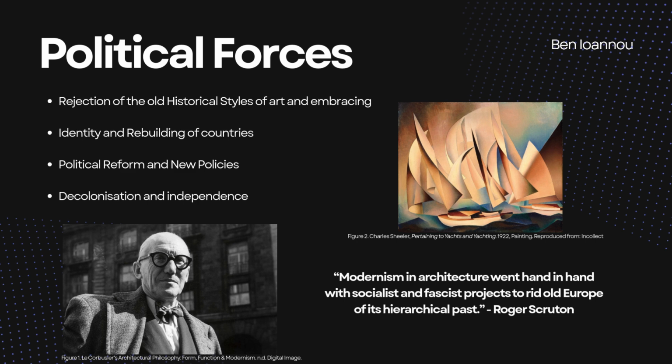Politics was one of the catalysts of shaping the modernism movement, not only in terms of art and architecture, but also as a worldwide movement. As modernism emerged in the late 19th century, while there were many political events such as wars and revolutions occurring at the time, other political movements rejected the historical style of art and wanted to express new ways of art and art style. One of these movements was colonialism.